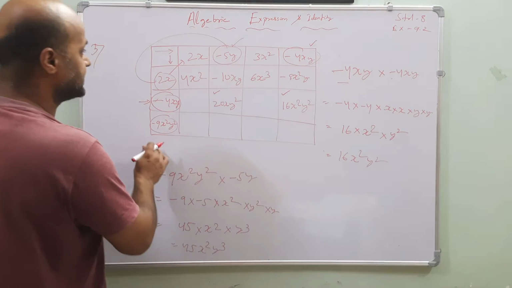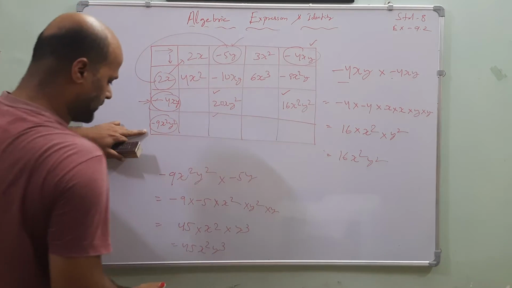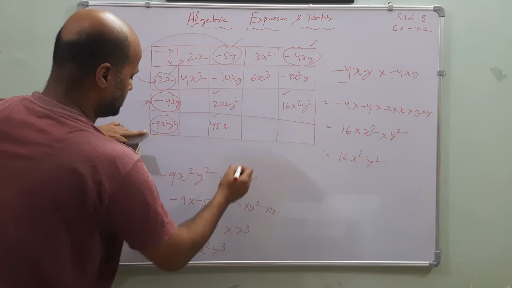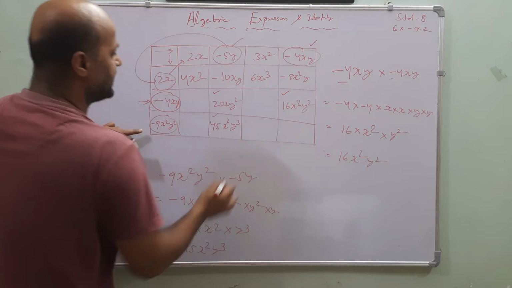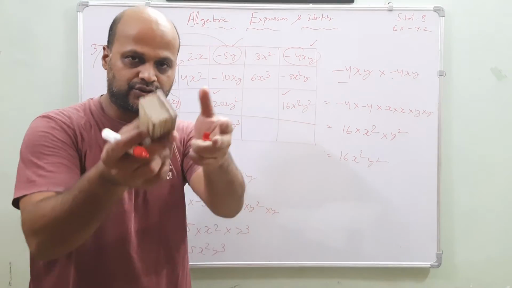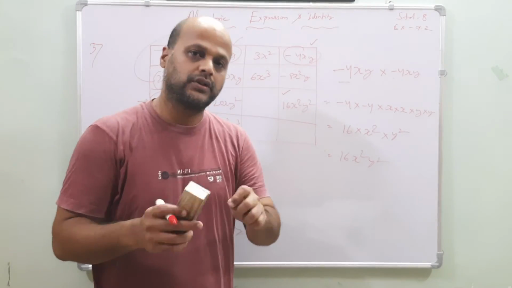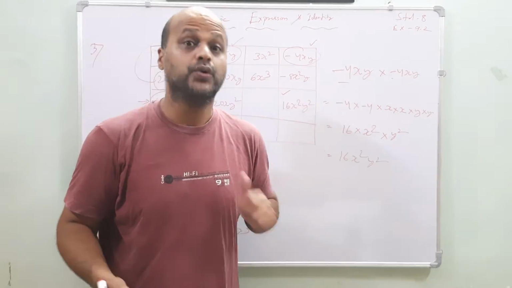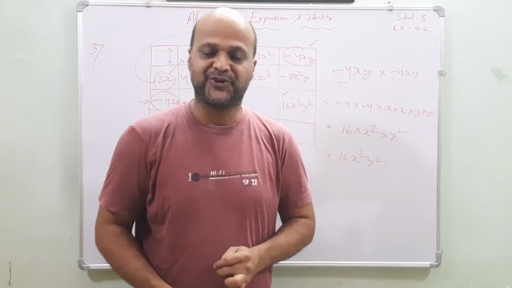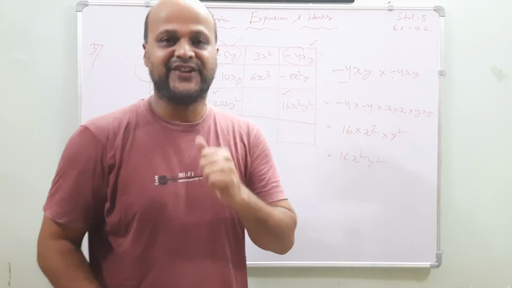So what is the answer? It is which two we did? This one. So the answer is 45 x square y cube. Like this manner you have to solve it, my dear friends. Same with the rest of the things. You just try by your own so that you can easily understand how they are multiplied with each other, the two monomials, to find the product between the two monomials. Understood? Very good, my dear friends.